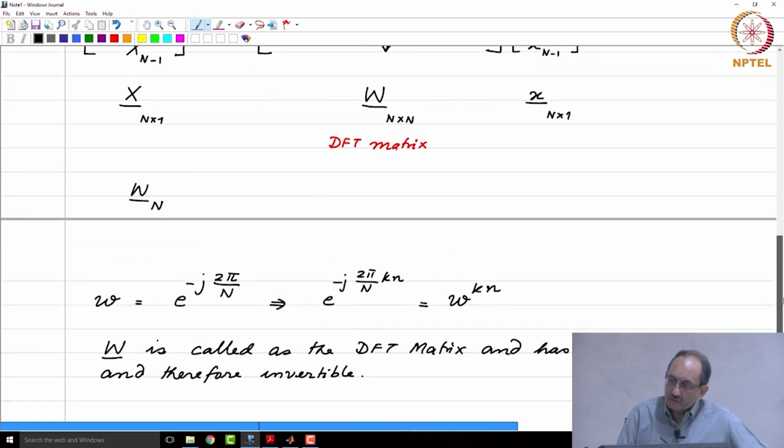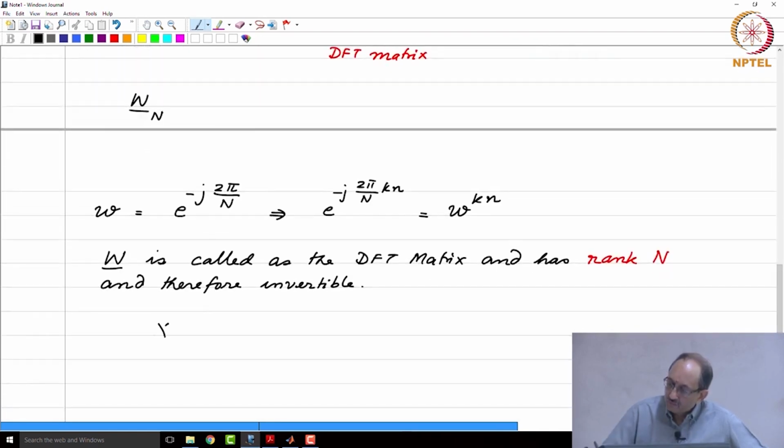So, now we have the case that cap X equals cap W times little x. So, this immediately implies, pre-multiplying both sides by W inverse, that little x is W inverse times cap X,